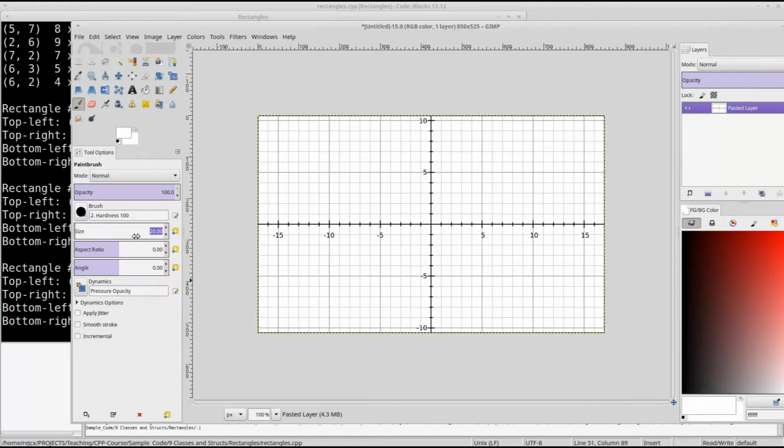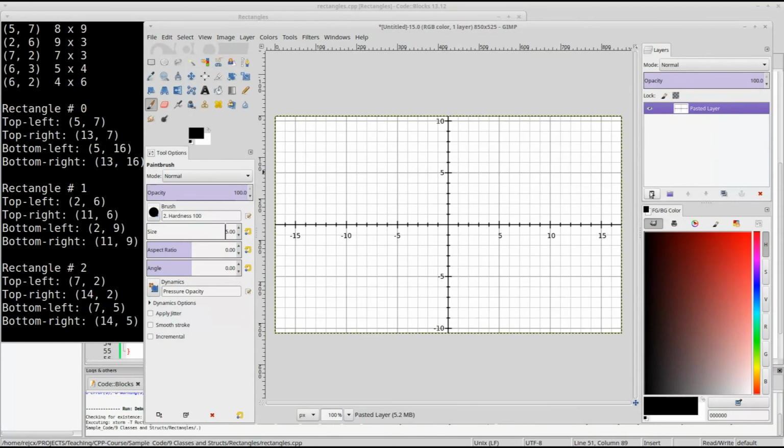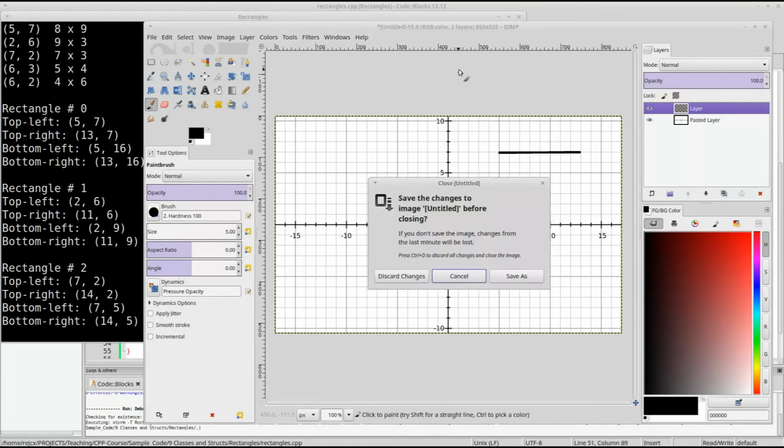Okay, so if we were actually to graph this, we have some graph paper. You can say 5, 7, so 5 and then 7. We have top right is at 13, 7, so that's right here. It would go there. The bottom right would be 13, 16. So actually, I think I calculated this wrong. Because 16 is going to be, well, okay, on this graph, it's higher up. But on a computer,